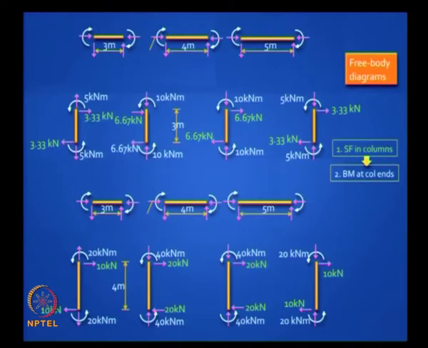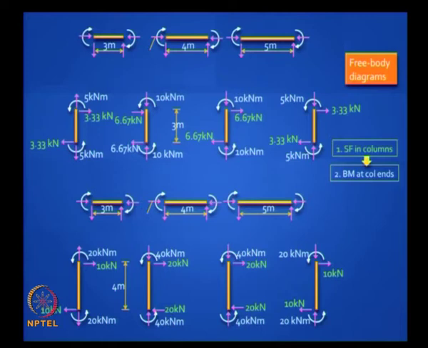So it helps to draw a picture like this. Will you draw this? I have drawn all the free bodies. There are 3 beams on top, 3 beams at the first floor level, and there are 4 column segments in the 2 stories. We have calculated up to this much, the shear force in the columns and the beam bending moments at the column ends. And if you have pens and pencils of different colors, it is very easy and very nice to do, so that when you look at it, it does not get crowded.